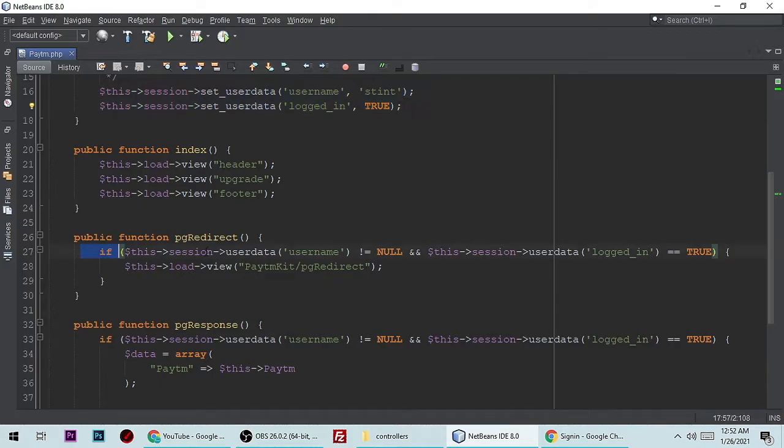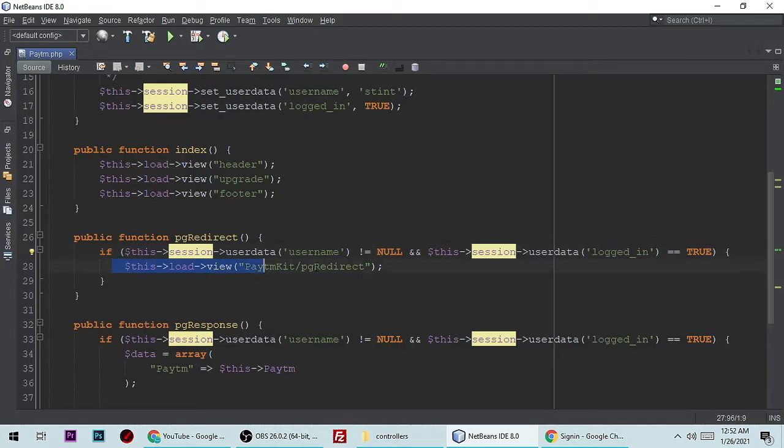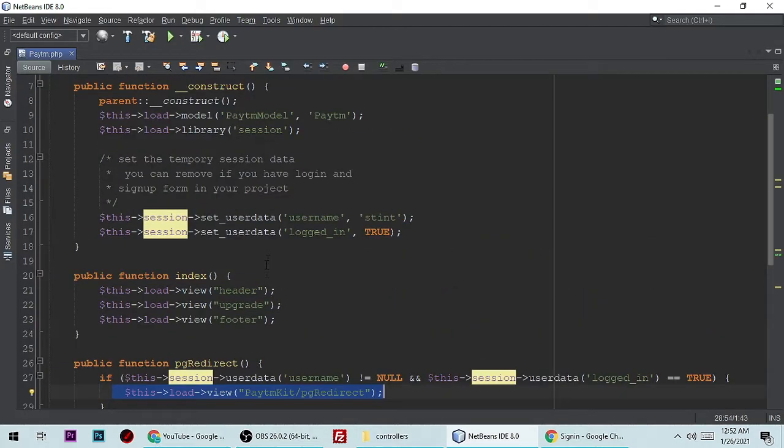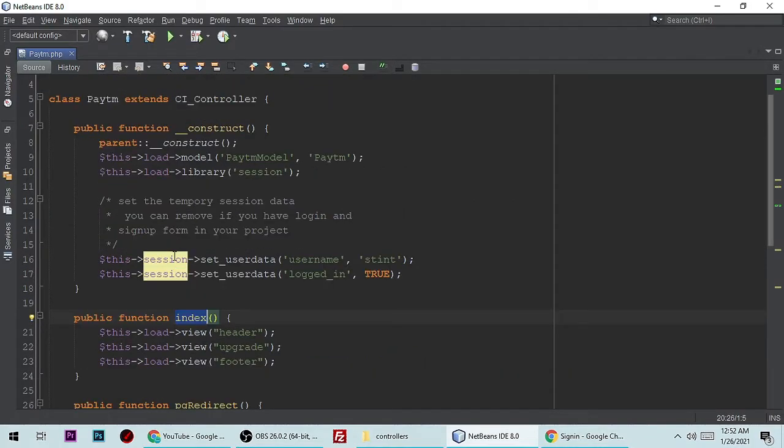So if username is set and logged in is true, then it will go further. Then here is the index method